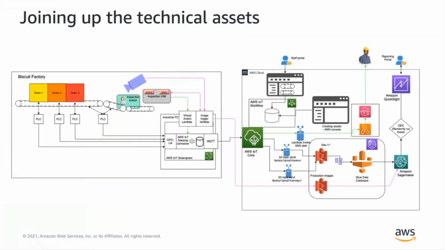Then on the other side, with our Virtual Andon, we've got our web service that's also sitting in Greengrass on our industrial PC, and you've got a simple web interface there for the inspection station. You've got the ability to take a photo of the specific biscuit and label that on the screen. And then you've got the ability to press your Virtual Andon and stop the production line, because every biscuit is bad, and that's something that needs to stop right now. And then you can trigger the ovens to power down based upon your OPC UA connector, based upon doing all of that kind of good stuff. And so, as you can see here,